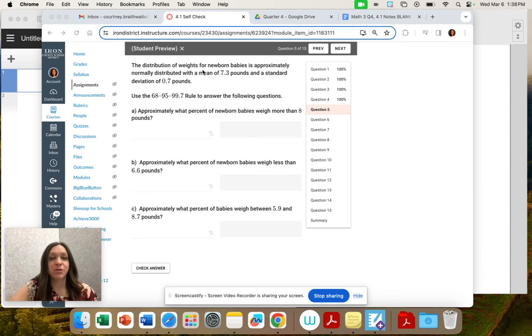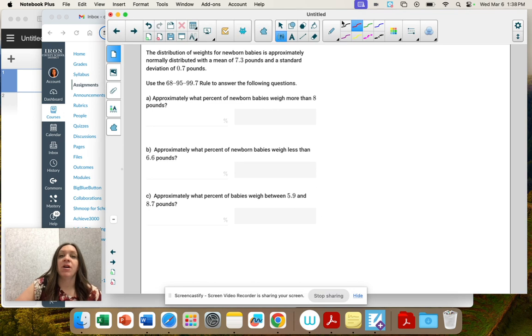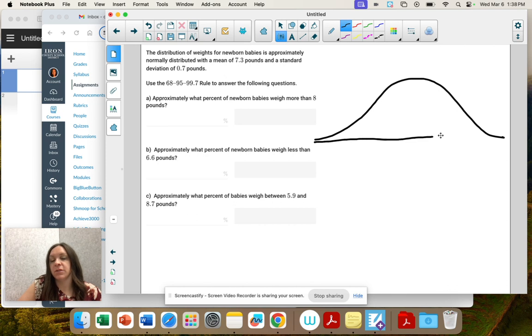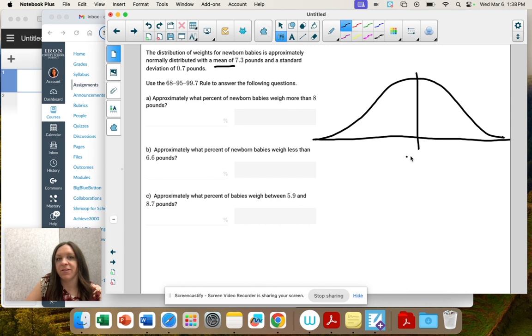Okay, the distribution of weights for newborn babies is a normal distribution. So I'm going to draw our normal distribution. So it's a bell curve. Oops, that was not a straight line. It's okay. And the mean is the middle. So right in the middle, the mean weight of a newborn baby is 7.3 pounds, and our standard deviation is